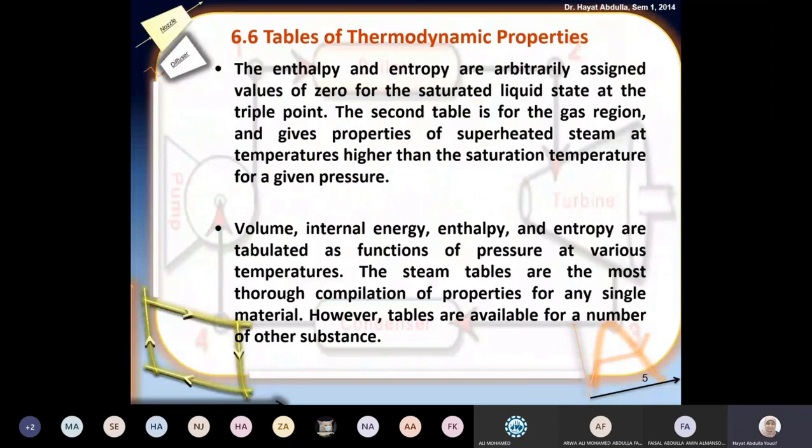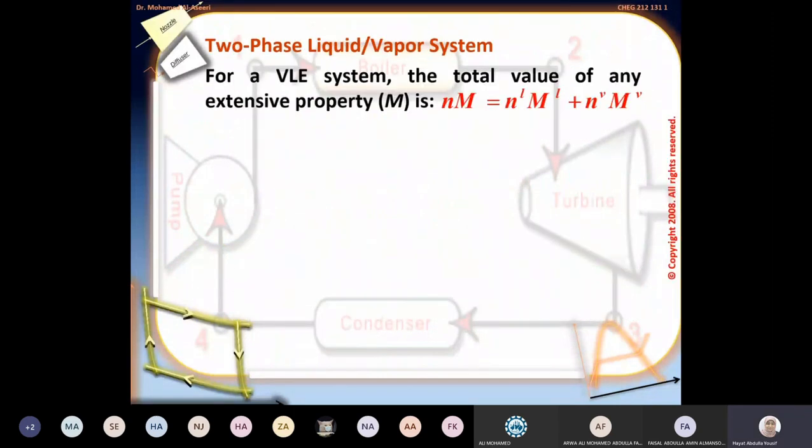slide. If you have a mixture property, then the way you calculate the property exactly for a mixture is using this relationship. Generally speaking, any property is equal to combination of two phases. If you have liquid and vapor phase, then you will take the property of liquid and property of vapor and you will add them together. But you cannot add them together without multiplying them by number of moles